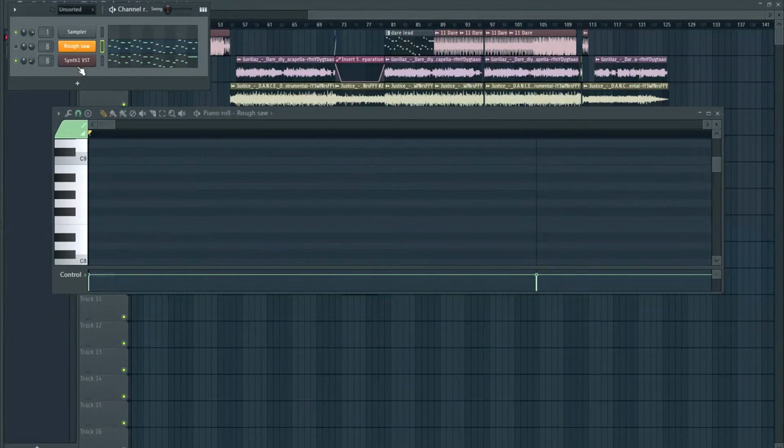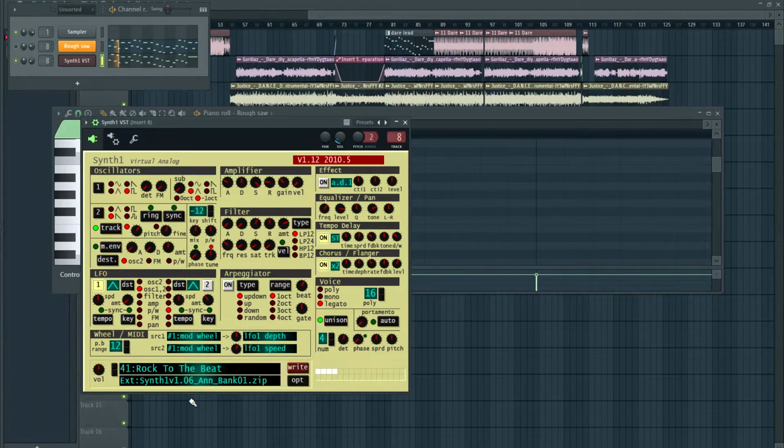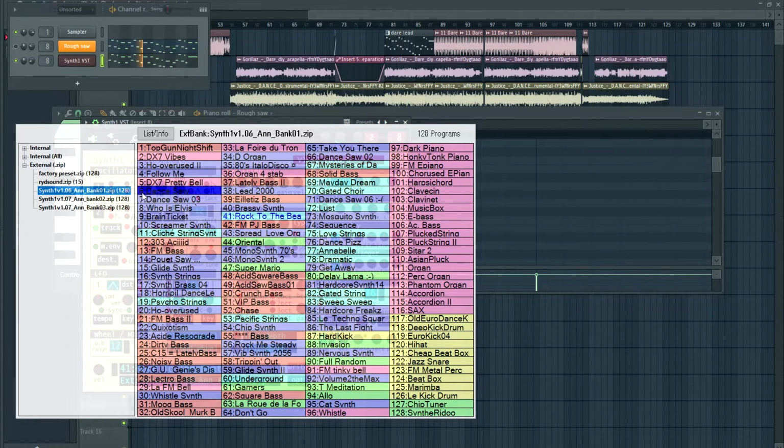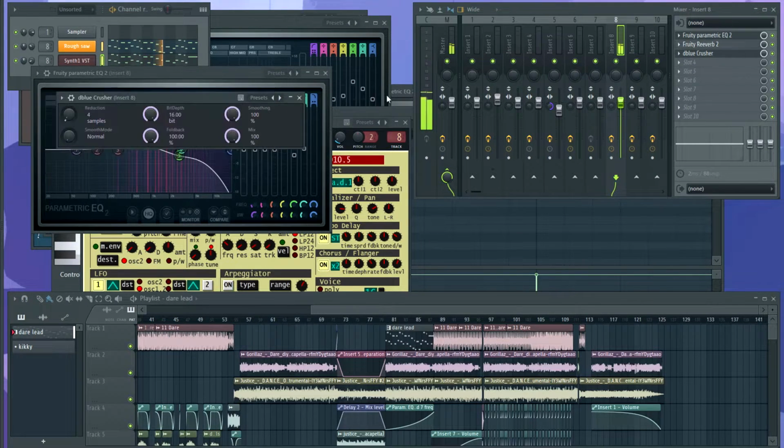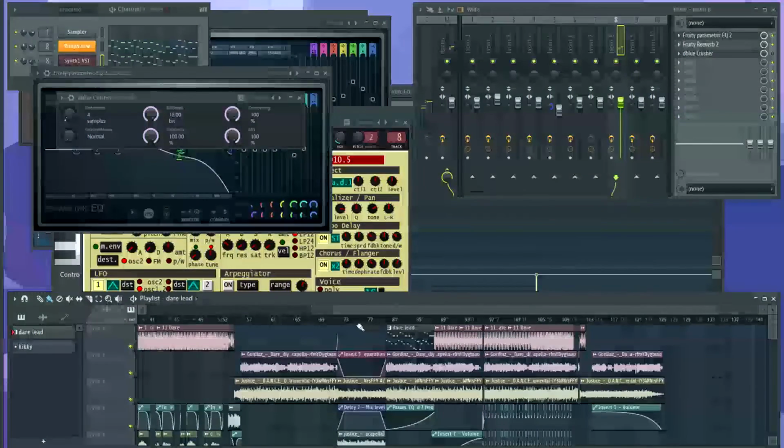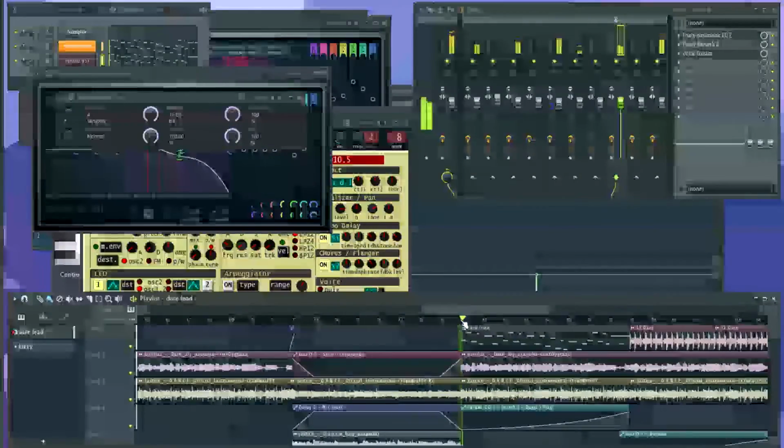Also, I layered that with this. What was this again? I sent both of those to Mixer Channel 8, and I got rid of the high ends because they were a little too intense. Put a little bit of reverb on it. I put a crusher on it, and that might strike you as a little bit odd, but here's the thing. If I don't have that crusher on it,